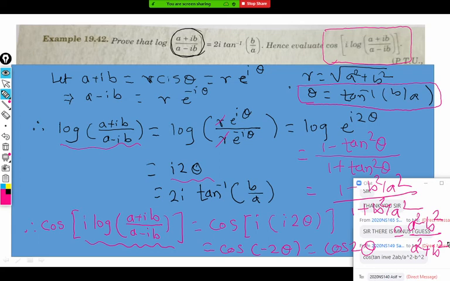So you can resubstitute the value of theta as tan inverse of b upon a here also, but that time you will get confused how to proceed. Because of that I am keeping it in theta, so that you can cross check. That cos of 2 theta is 1 minus tan square upon 1 plus tan square. There is a formula there.